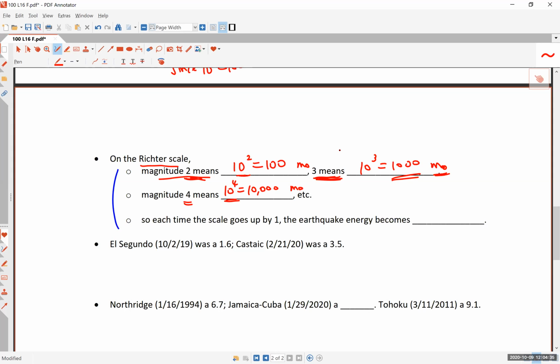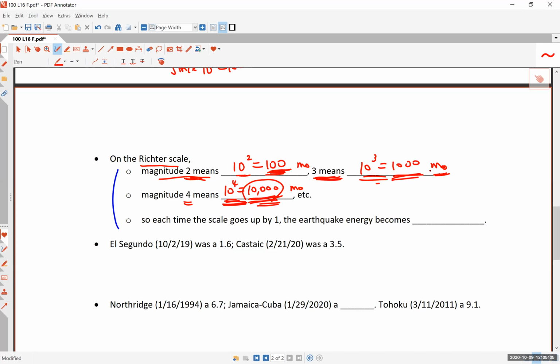So when the magnitude is 4, notice here, it's 10,000 as opposed to 100. What does it mean? This means this is 100 times more powerful, or 100 times as powerful as this one. How did you get 100 times? Well, it's this divided by this, right? And notice here, even the magnitude 4 earthquake compared to magnitude 3 earthquake, this is 10 times as powerful as